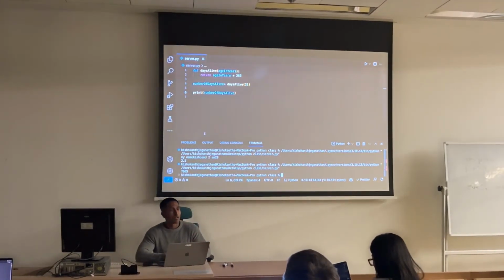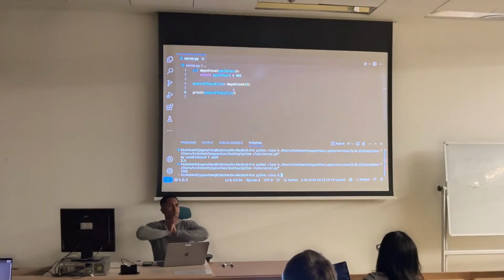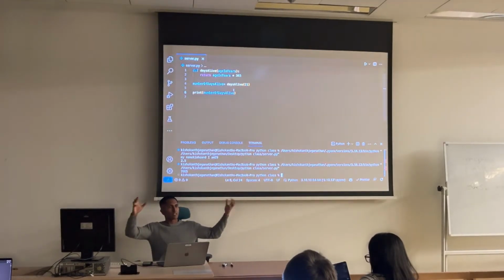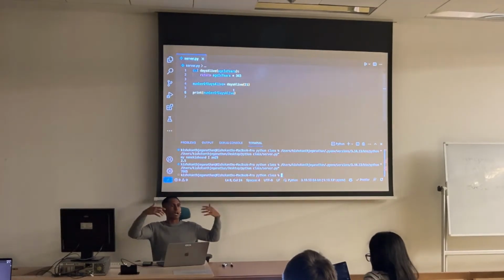Now, this is the function. It does the job, right? But it's still inside our computer. It's not asking us any questions. How do